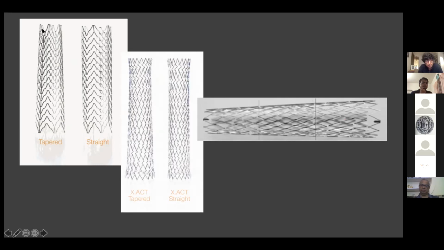So the smaller part of the tapered stent will be in the ICA, and the broader part would be in the CCA. Now, this is a hybrid stent, which I don't think is available any place right now. It used to be manufactured by Cristallo Ideale, which has an intermediate, central closed cell design, and both distal and proximal are open cell designs. So for better conformity in the distal ICA and the distal CCA, and more radial strength for the actual stenotic part of the ICA ostium.